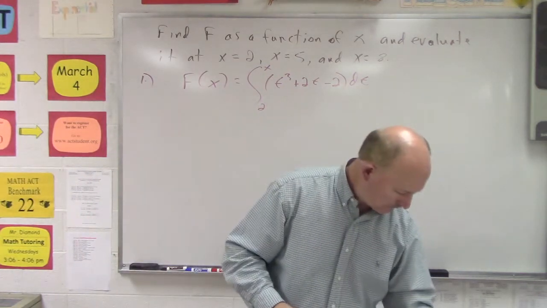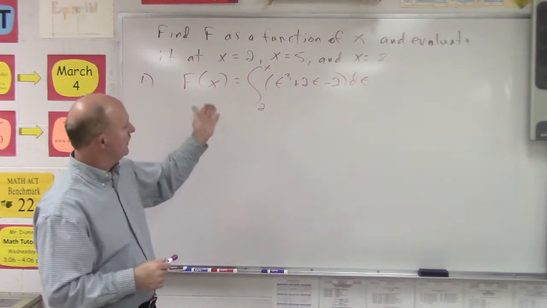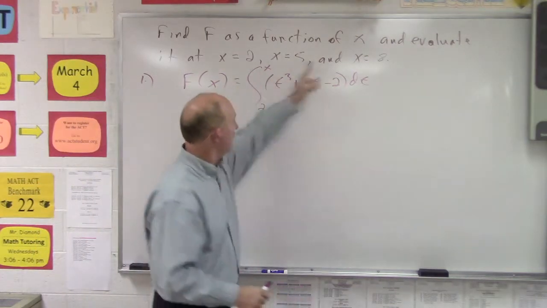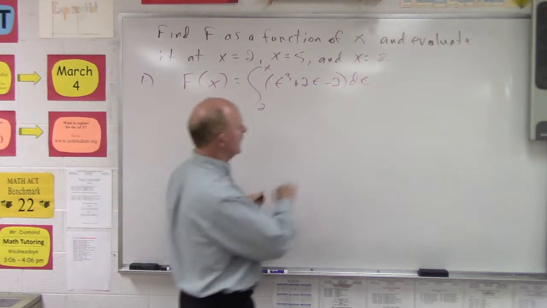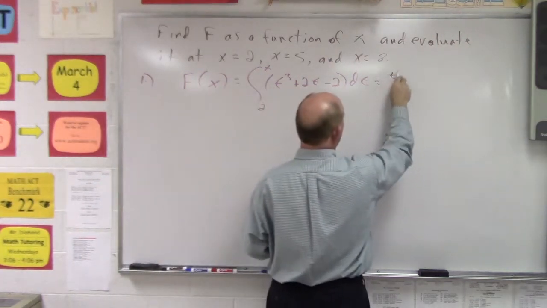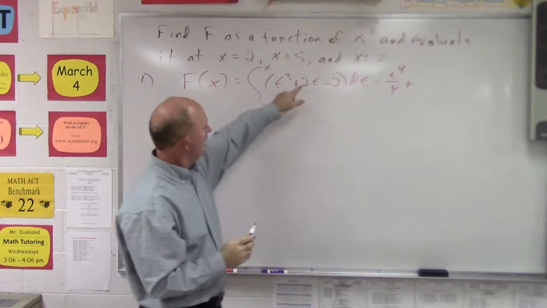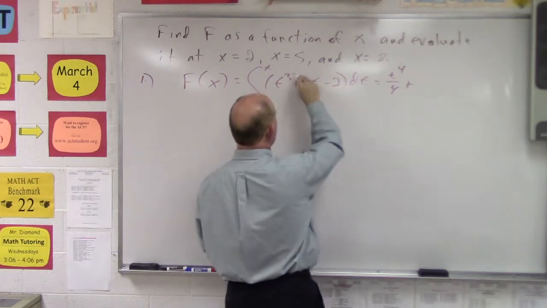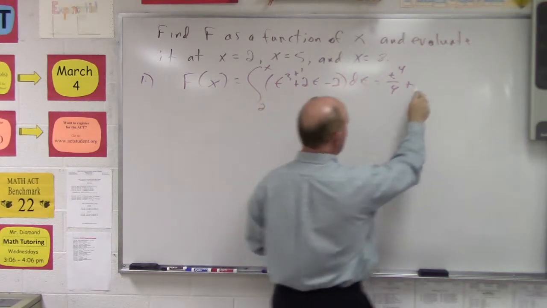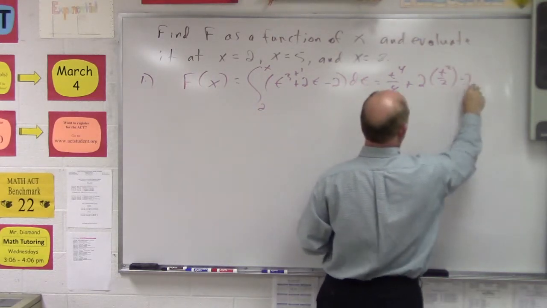So first thing we want to do is find our antiderivative in terms of t, and then we've got to substitute the upper bound minus the lower bound. So we need to evaluate this definite integral here. The antiderivative of t cubed would be t to the 4th power divided by 4, plus the antiderivative of 2t. Remember, you're just adding 1 to your exponent and dividing by the exponent plus 1, so the antiderivative of 2t would be 2 times t squared over 2, minus 2t